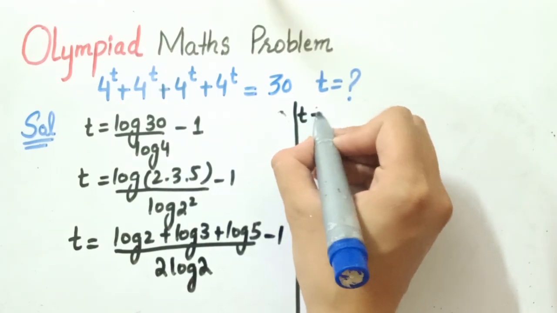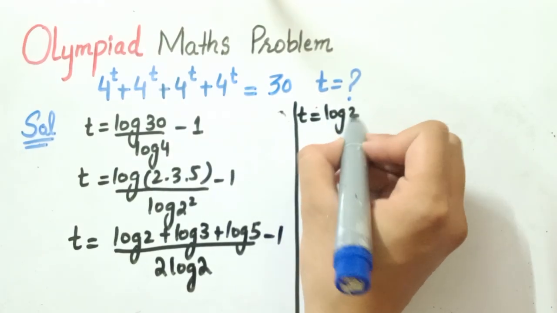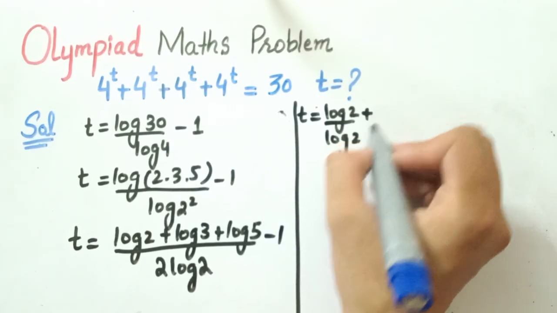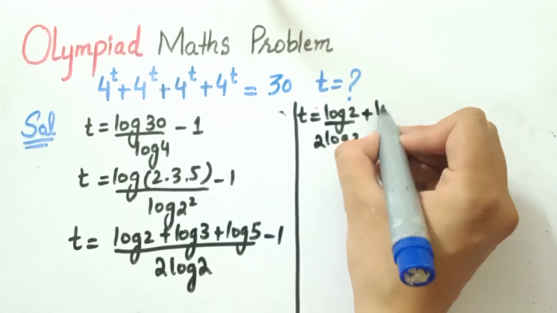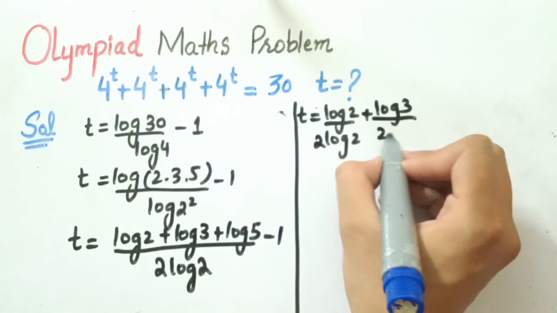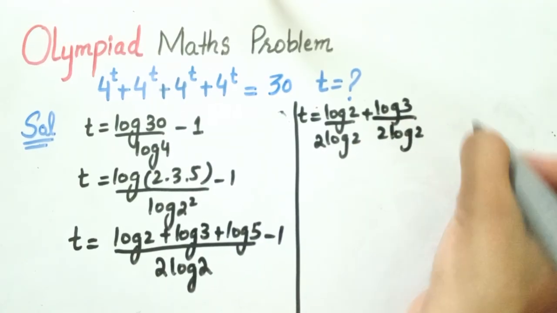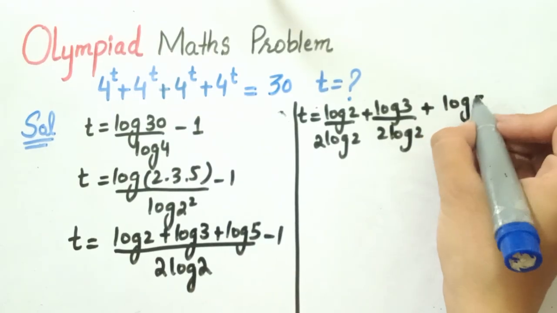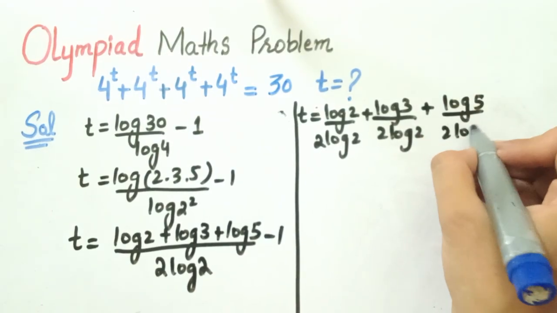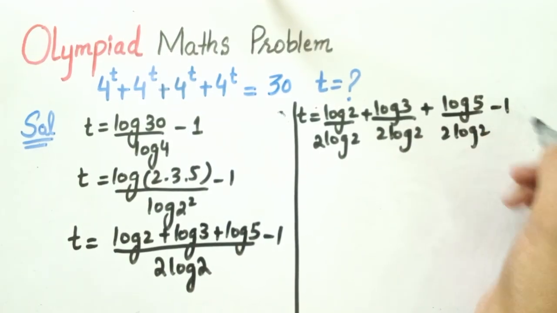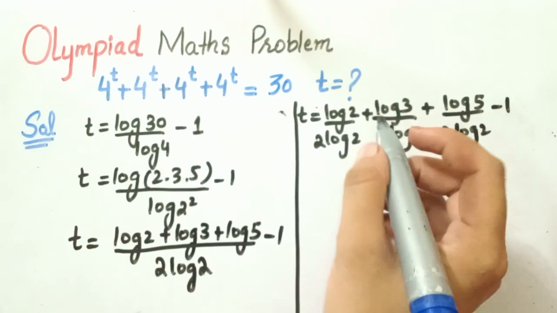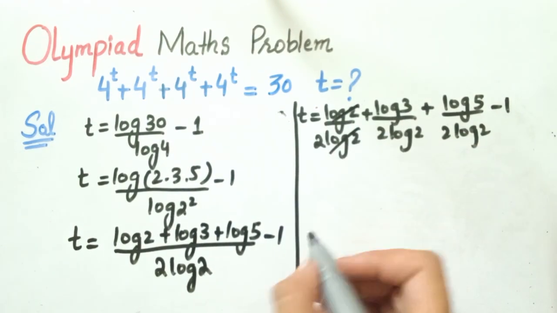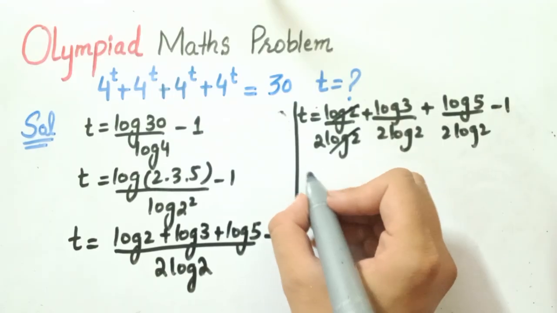Now we have t equals log of 2 by 2 log 2 plus log of 3 by 2 log 2 plus log of 5 divided by 2 log 2 minus 1. Then log 2 and log 2 both are cancelled out. We have t equals